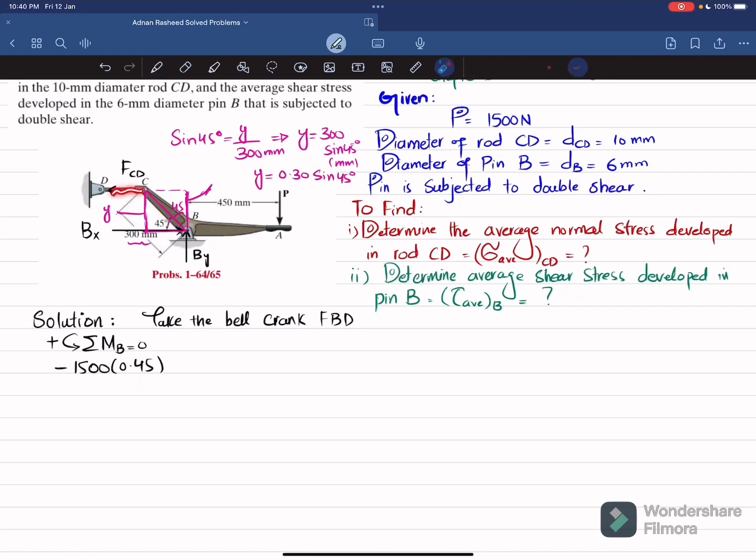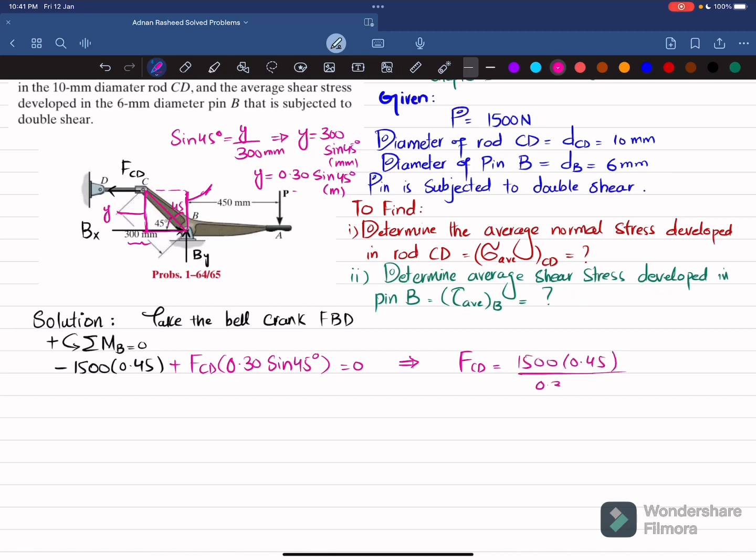Now you can see this FCD and the perpendicular distance is this one. Clear? This is the perpendicular distance, and it is producing counterclockwise movement, so it will be positive. So I can write plus FCD into 0.30 sine of 45 degree, and the unit will be in meter. Now their sum must be equal to 0. So from here you will get FCD is equal to 1500 multiplied by 0.45 divided by 0.30 sine of 45 degree, and that will give you